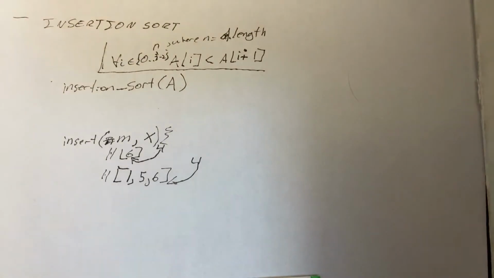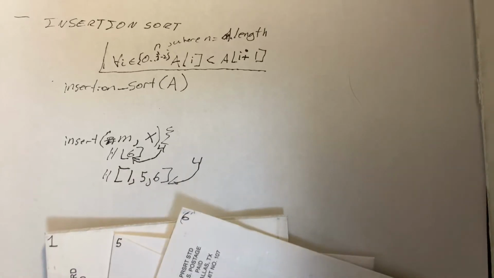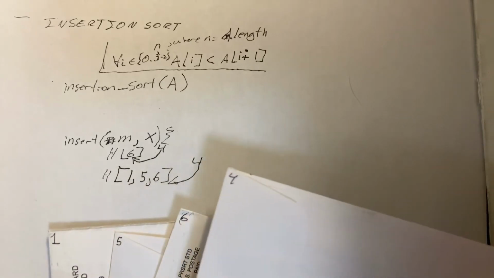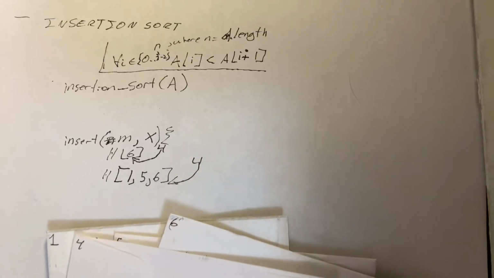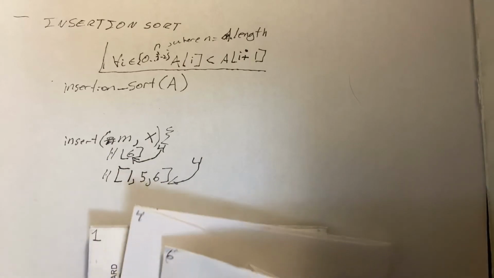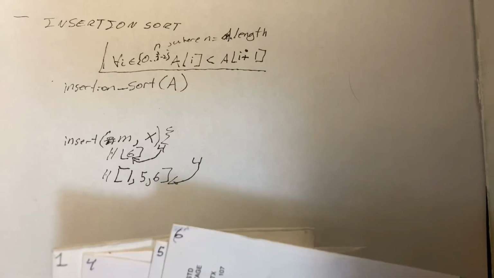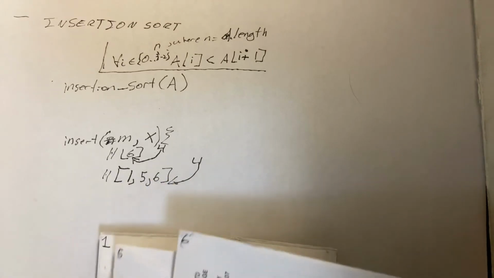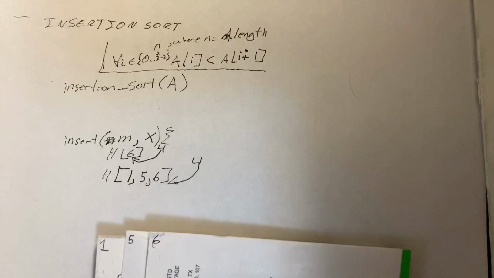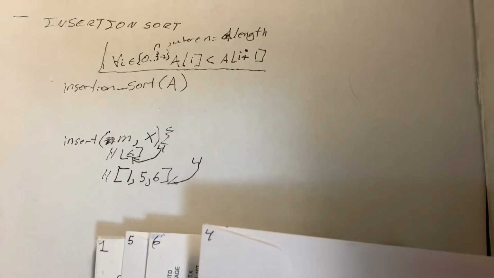So when we shuffled our deck of cards, we literally just said, let's have 1, 5, and 6 here. We literally just said insert 4 into there, and we just put 4 in there and then move these ones to the right. The way we'd have to write them in a sort of array syntax is right now 1, 5, and 6 are positions 0, 1, and 2, and 4 is at like position 3, or it really can just be anywhere,